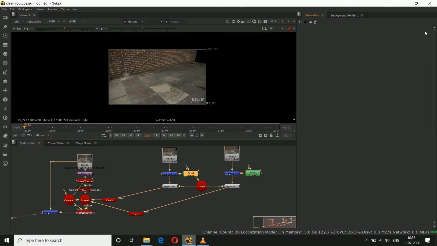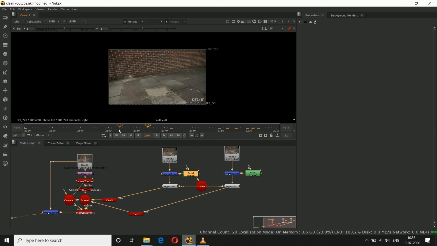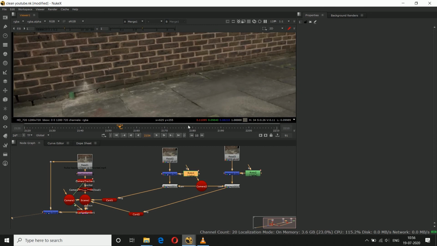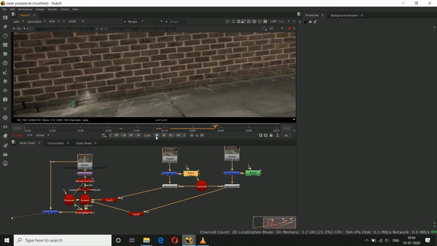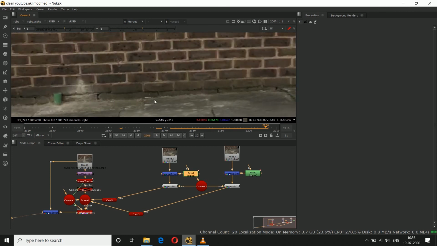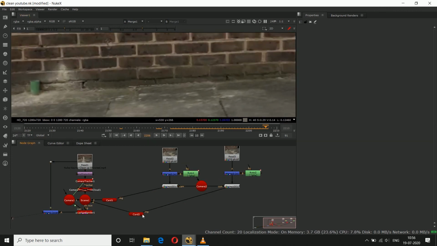Okay, now we'll see that. Okay, now it's correct, quite correct. See on the edges also. See, some patches are there, some footage part, some pillar part is there, so we need to remove that also.